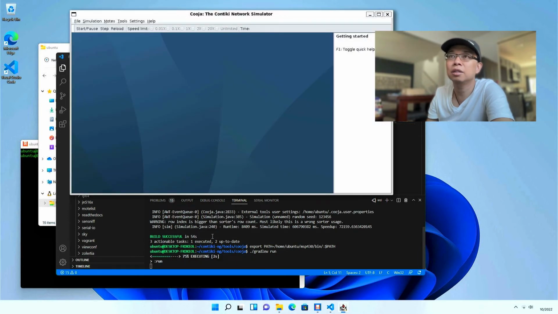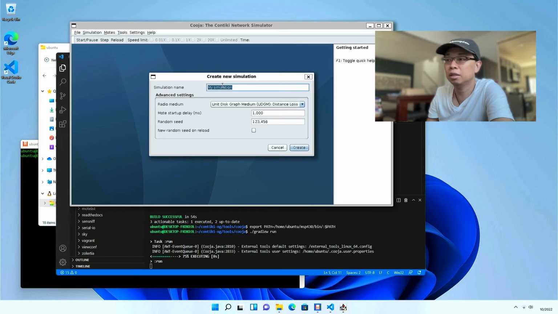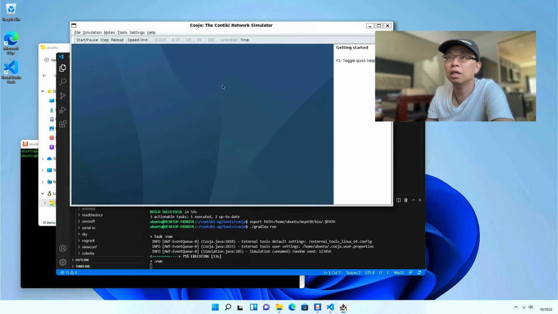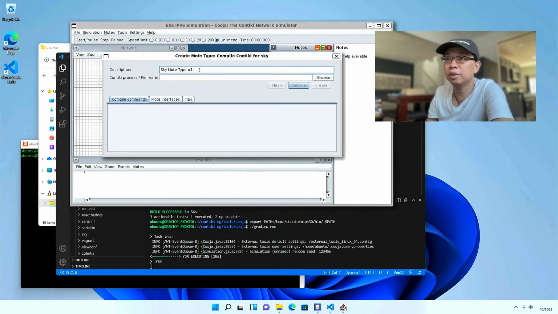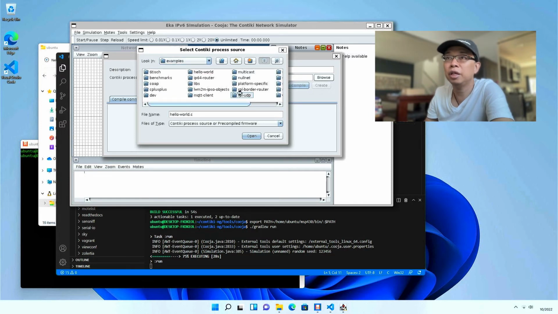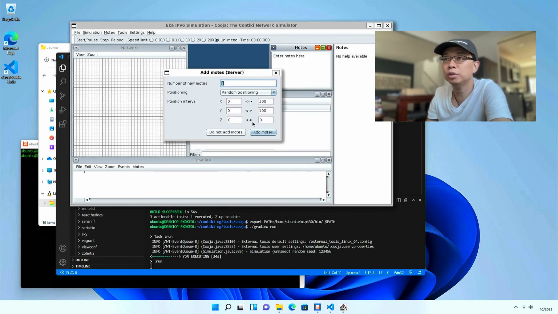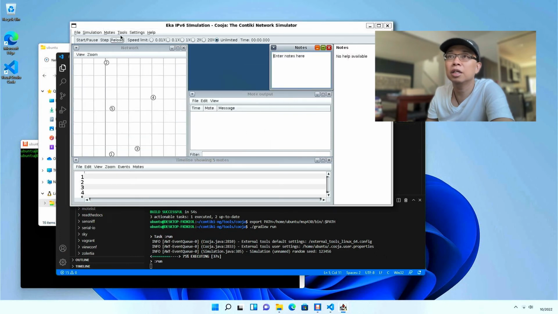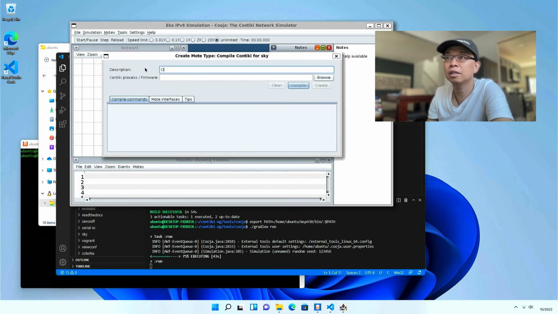Now, same thing, we can create new simulations, like IPv6 simulation, and go to motes. Now you can select Sky motes. Let's name this one server. Hit browse. Go to examples, RPL-UDP, UDP server, compile, and create. I'm going to create 5 motes. There you are. And then I'm going to add client, same Sky motes, name it client, and browse for the source code, udp-client.c,